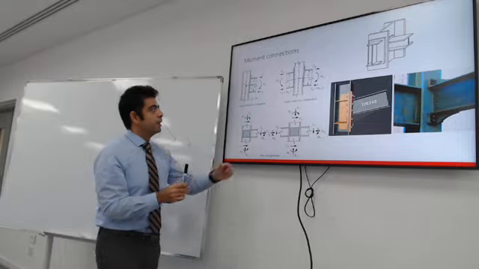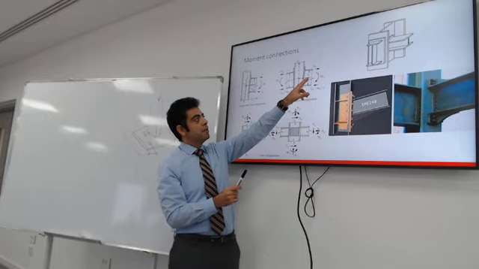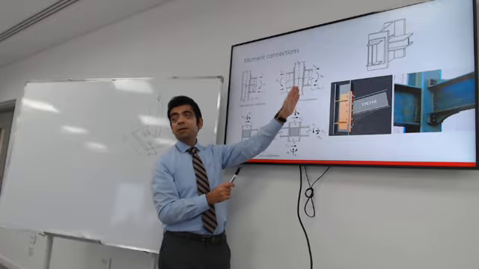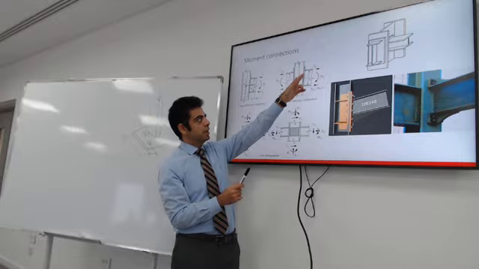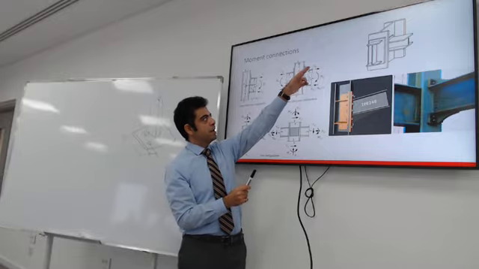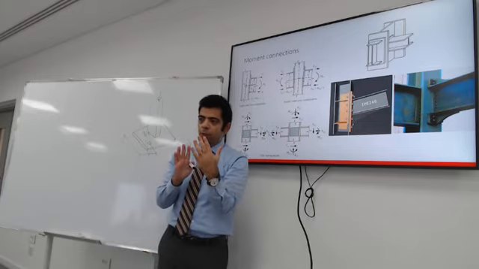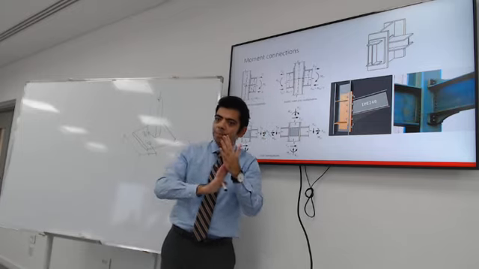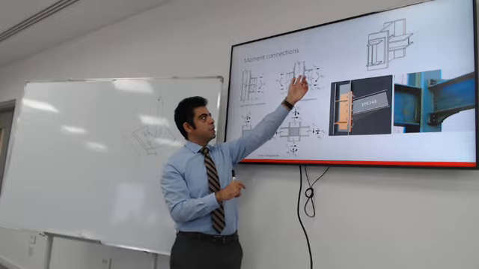You just need to look at the forces on the joint. This moment will cause tension at the top, compression at the bottom. This tension will go from the flange to the connection, so it's probably going to cause tension in the top bolts, and the bottom will be resisted by bearing. The plate of the connection will bear against the column, so it's going to be critical to check the bolts